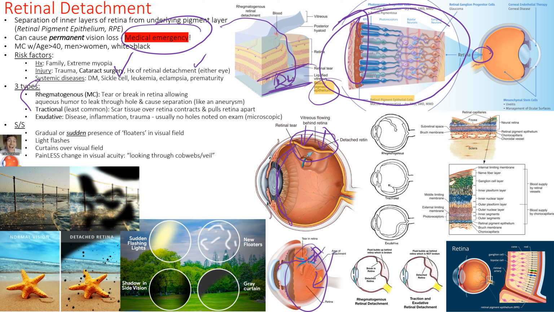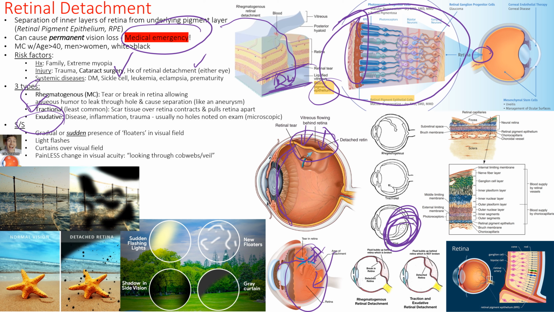Okay. Tractional, it's like with scar tissue, puts you at risk for a further retinal detachment. Exudative means an infectious process has gotten hold, right? And that's causing a separation, an imperfect healing process. And then we got this growth, almost like an abscess inside the eyeball, separating the retina.